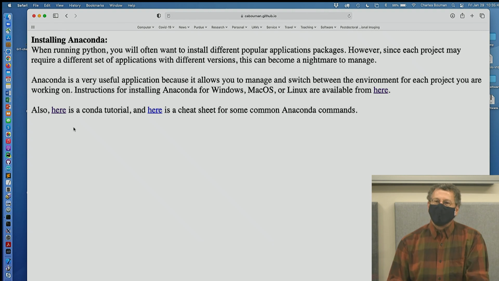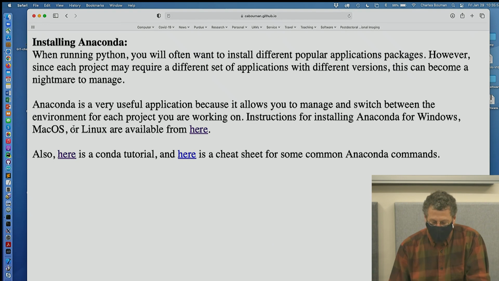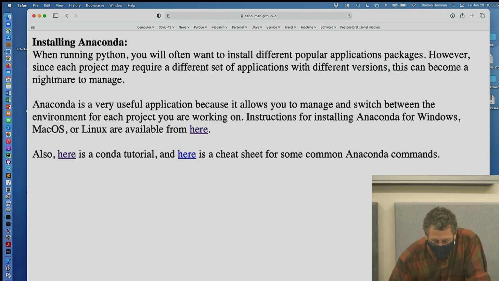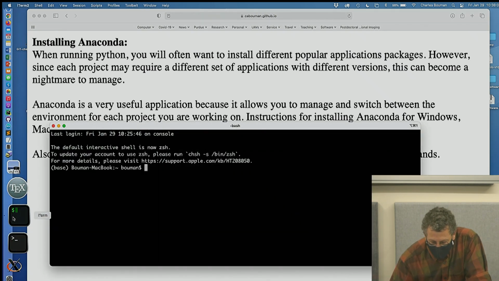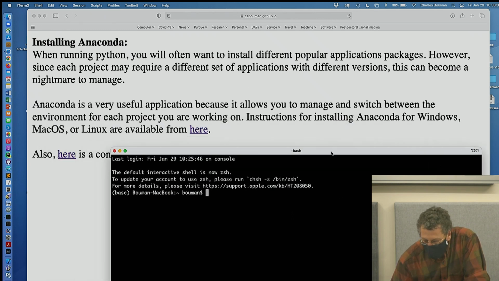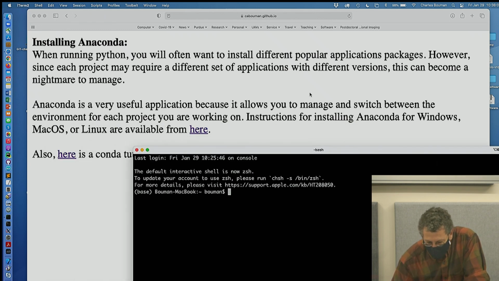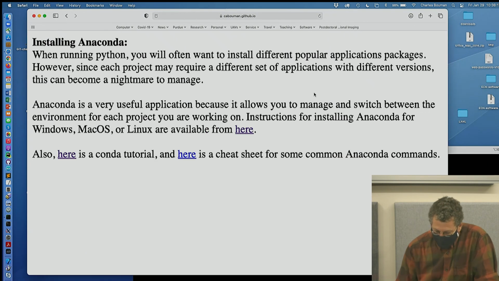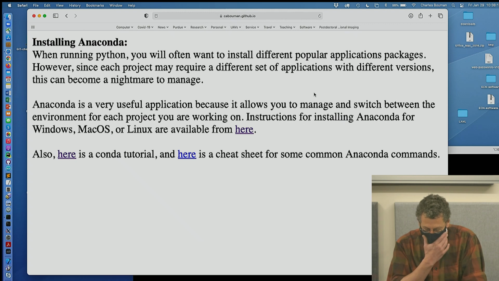Even just a year ago, I really didn't understand most of this stuff myself. So I feel like there must be other people in the same boat. These things have been moving fast. And understanding these things. So what's Anaconda? Anaconda is, and I'm not really an expert on this, so some of the things I'm saying may be not exactly correct, but